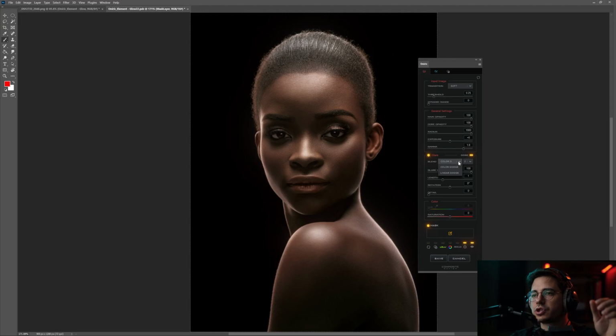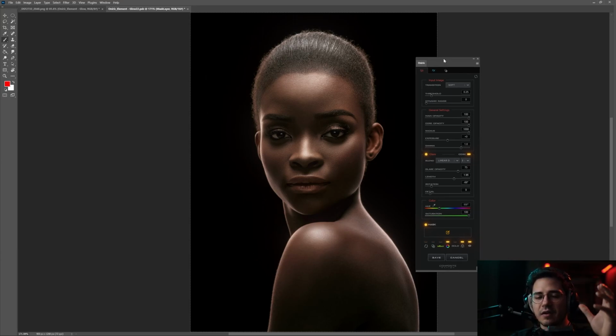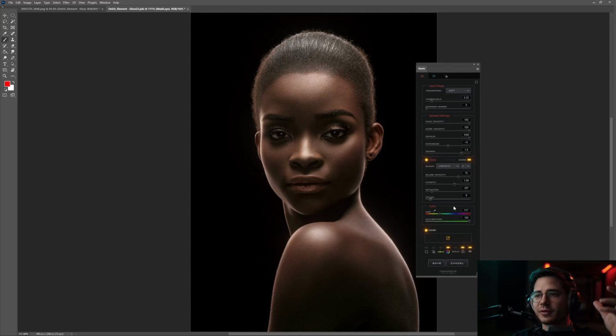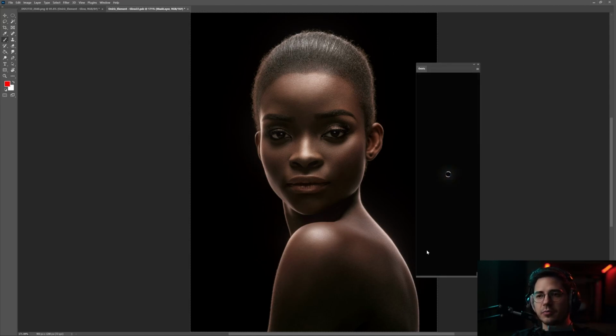Maybe instead of color dodge, I'm going to change it to linear dodge. The length is going to be something like 2, maybe. The glare opacity is going to be something like this. Probably the detail a little bit more. The rotation, something like this. And also I'm going to click on the color, probably something like this. So I already know how it's going to look because I've been using Oniric every day for a long time right now, right? Actually, I know it. So I'm gonna press auto update again,